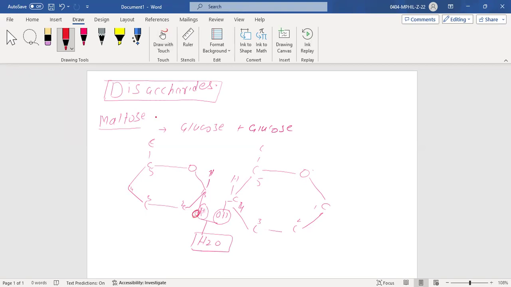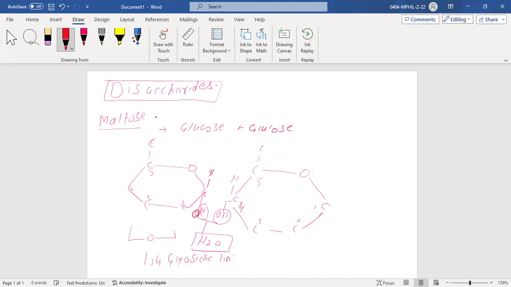Now this oxygen is only there, so you will have a structure like this. Water is removed from here, so only oxygen remains. That oxygen is present between these two molecules. So this is what we can give its number, the 1,4 glycosidic